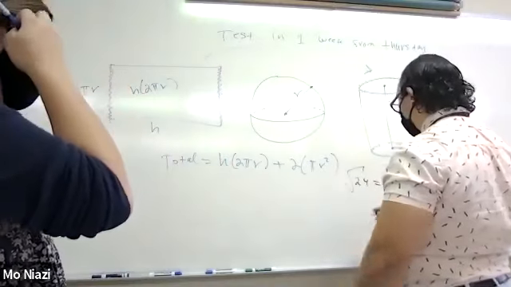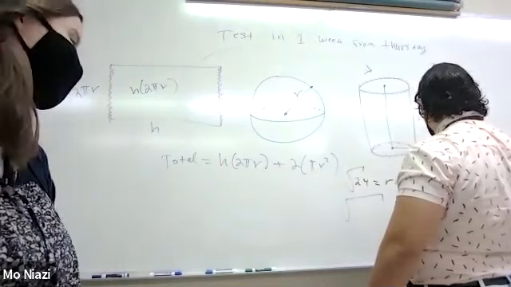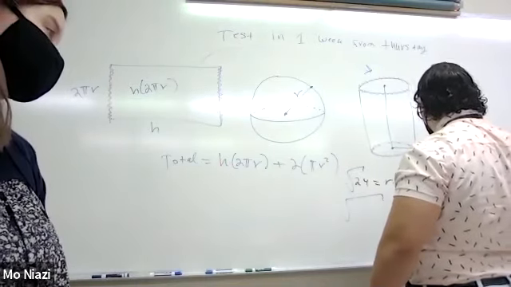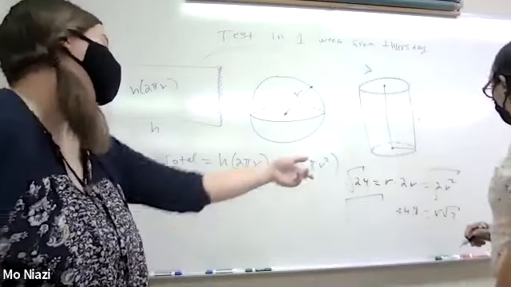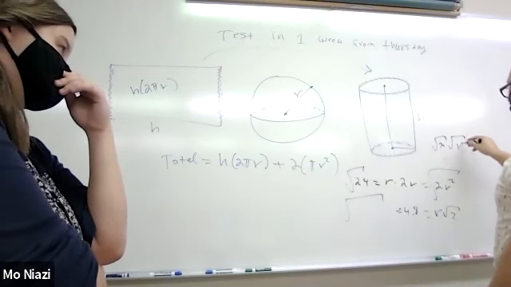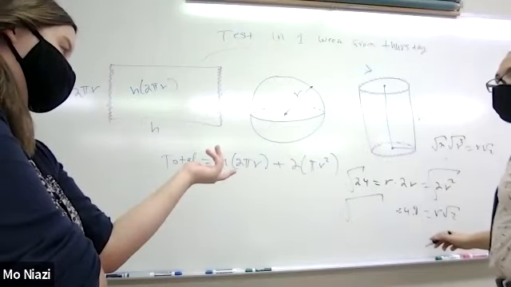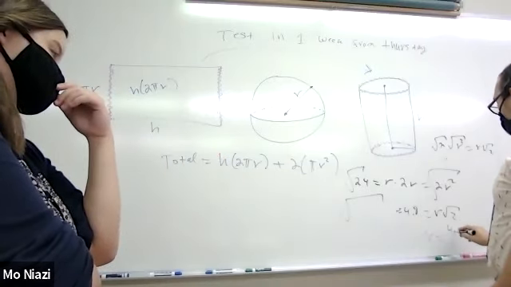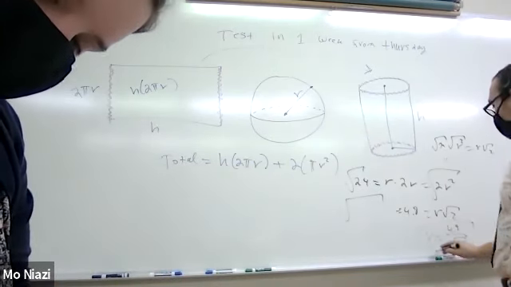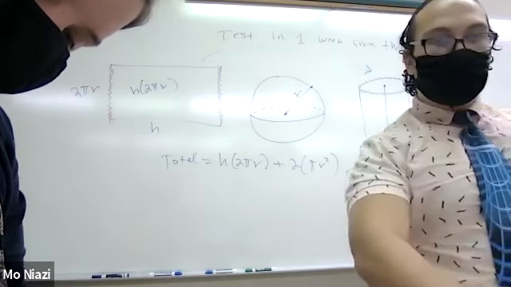And so what's the square root of 24? 4.9. Sure, that's quite good. 4.9 equals r root 2. The square root of 2 distributes, so it becomes the square root of 2 times the square root of r squared, which is the same thing as r root 2. And then you can divide by root 2. So you're left with 4.9 equals r and the square root of 2 divided by the square root